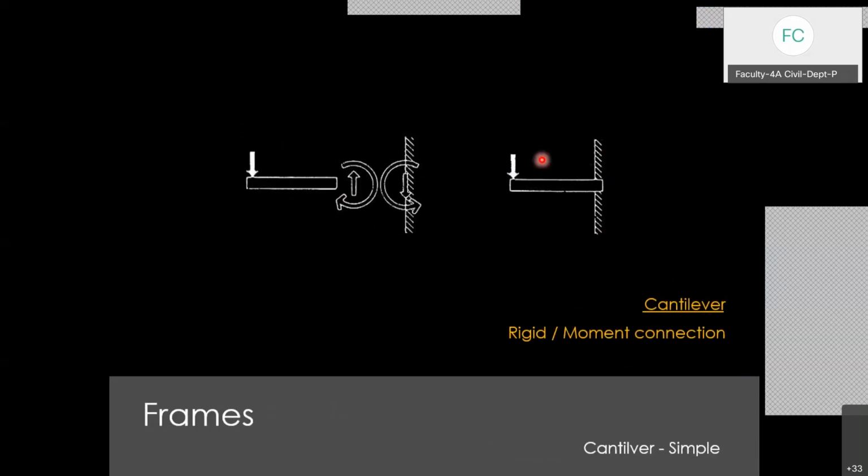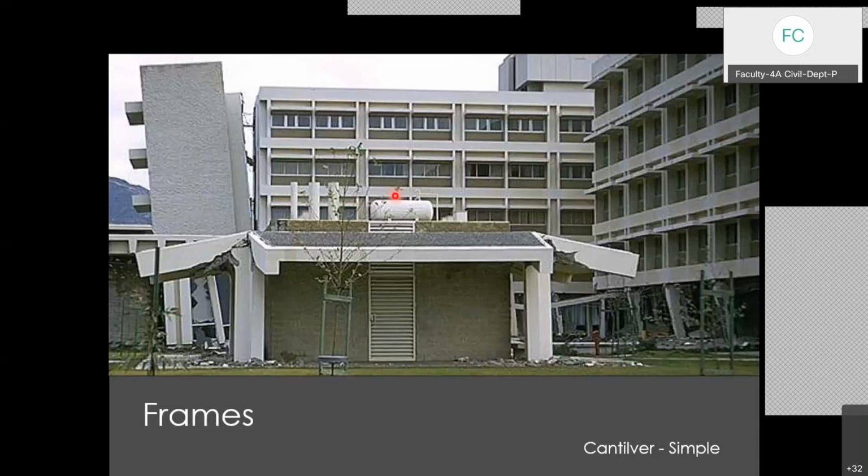Cantilever part, as you know, if we are going to provide a cantilever, one end will be fixed and at the other end there is a load acting on it. In that case, you will have the moment at this particular portion, at the connection part. This is called a simple cantilever. If the cantilever part is not designed properly, you can see the failure over here. So it has to be analyzed properly. If the analysis is properly done, then the design is also properly made.